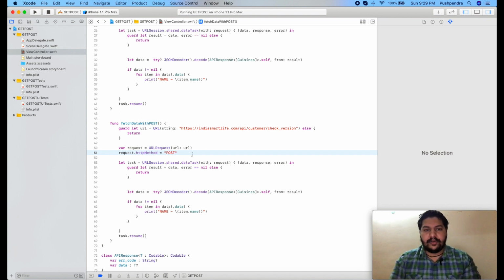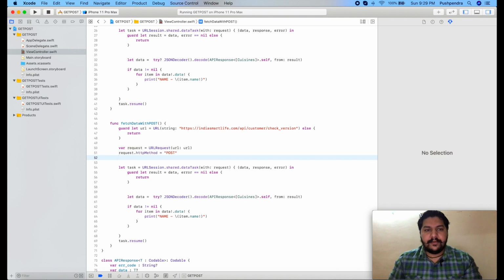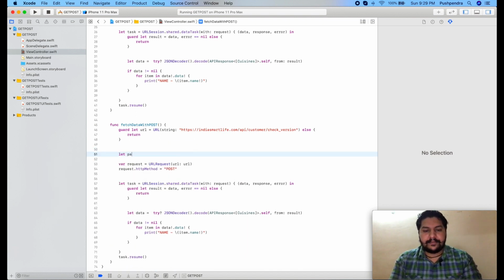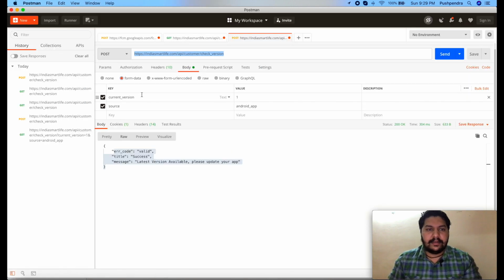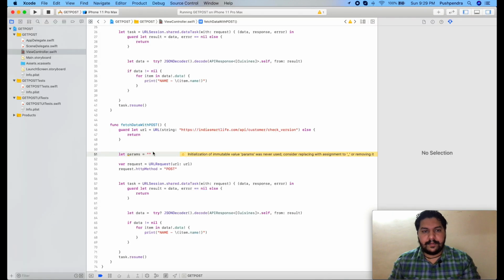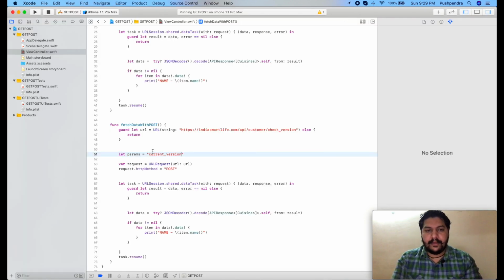So here first of all I'll take a normal string, let params, and params is of type String. And what are the params I have to send here? Current version equals, here the version could be anything, let's say it is 1.